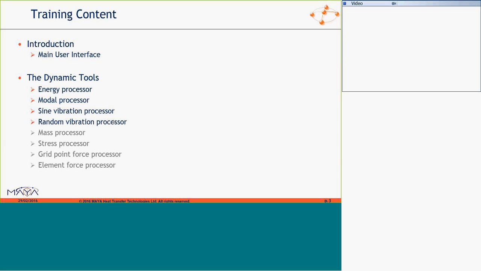And these are tools that we use here in our own services work, and we use them quite often. We will try to understand what the modal content is of our structures using the modal processor and the energy processor. There are 4 processors that come with the toolkit, and if you're interested, we can go over them at the end or when I'm done with the main presentation.